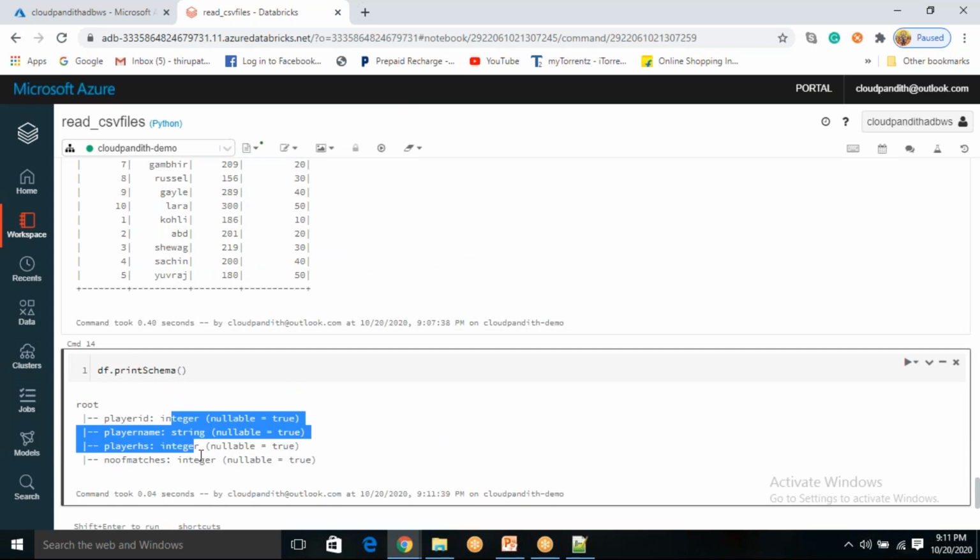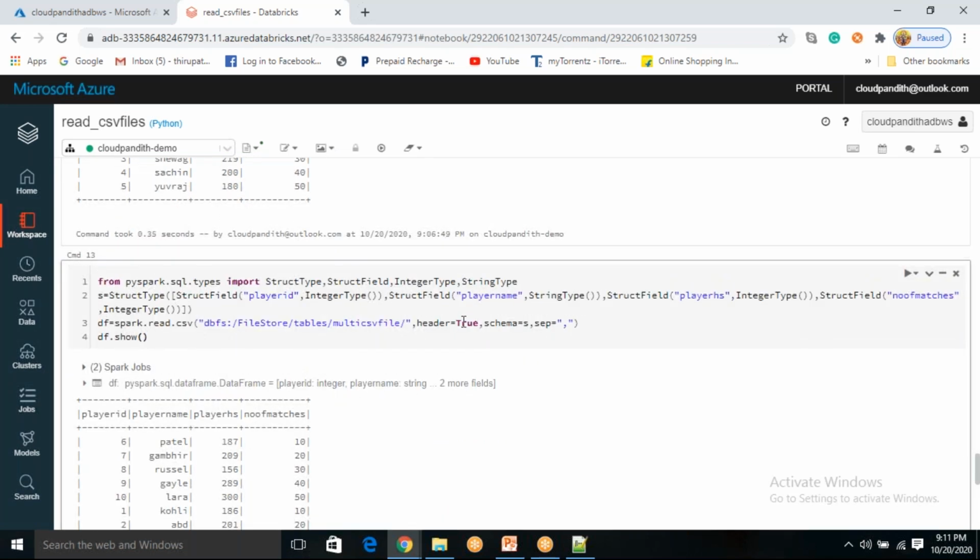But if you want to get this particular data, you need to use either a user defined schema or inferSchema equal to true. As I said, if you don't know the first time, you can use inferSchema equal to true while you are developing the code, and based on that you can put the data type of each column, because from next time when it is processing, it should not read the data to identify. You have to hard code the data type of each column.